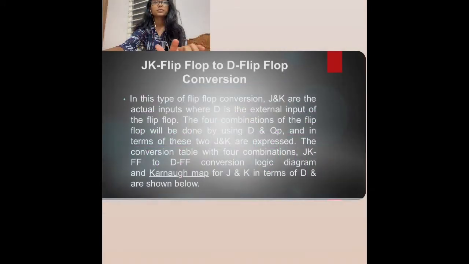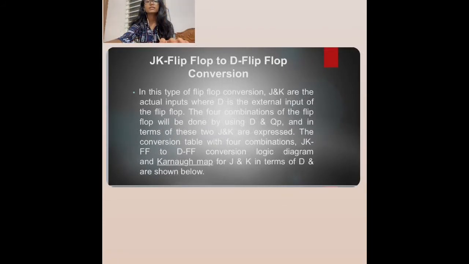JK flip-flop to D flip-flop conversion. In this type of flip-flop conversion, J and K are the actual inputs, where D is the external input of the flip-flop. The 4 combinations of the flip-flop will be done by using D and Q. In terms of these, J and K are expressed. The conversion table with 4 combinations, JK flip-flop to D flip-flop conversion logic diagram and K-map for J and K